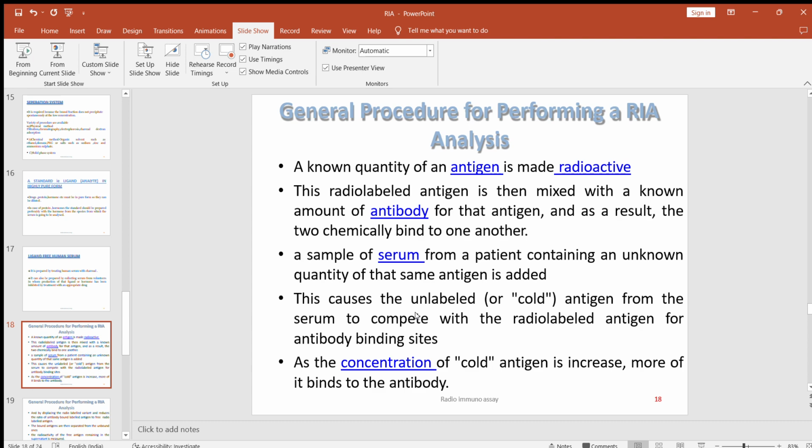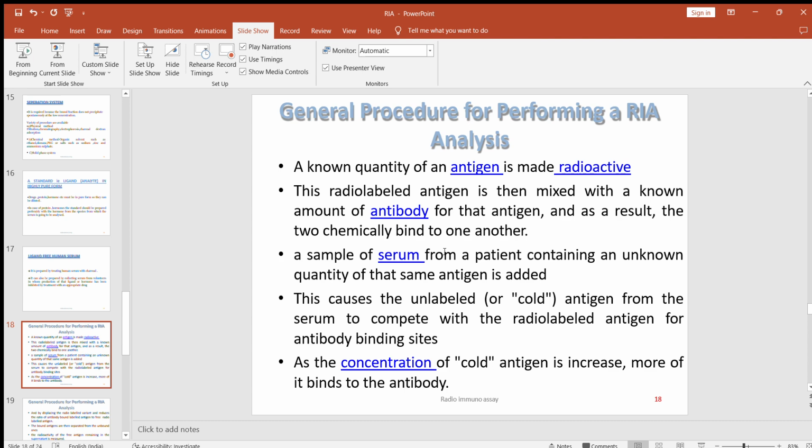Next is the general procedure for performing RIA analysis. A known quantity of antigen is made radioactive either by labeling with gamma emitters or beta emitters. This radio-labeled antigen is then mixed with a known amount of antibody for that antigen, and as a result, the two chemically bind to one another. The sample of serum from a patient containing an unknown quantity of that same antigen is added. This causes the unlabeled, that is cold antigen from the serum to compete with the radio-labeled antigen for antibody binding